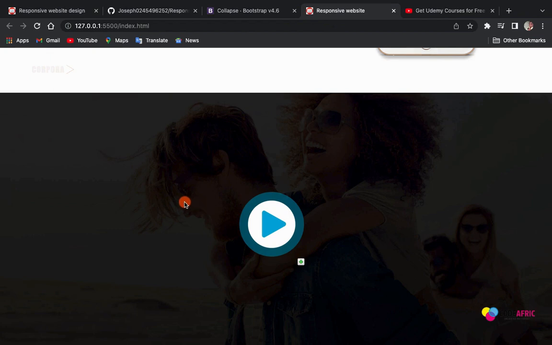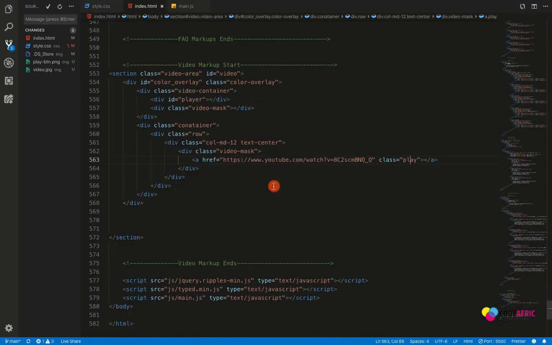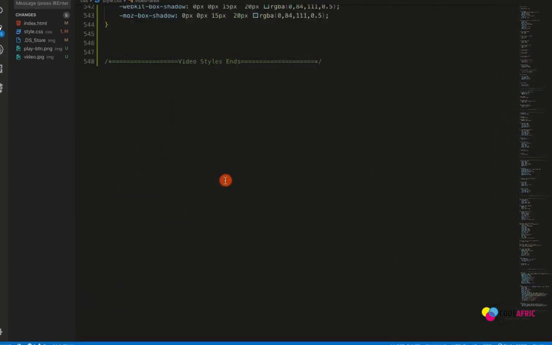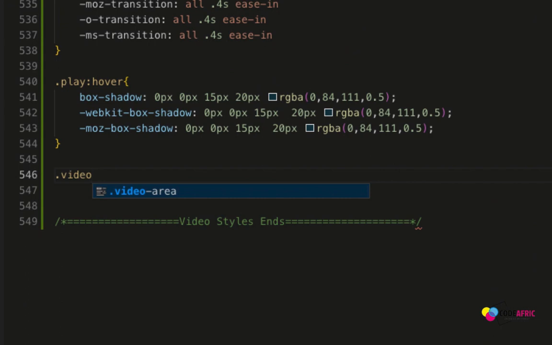Okay. All right. So now let's reference the video container class and put some padding bottom and some padding top and add more functionalities. Okay. So when it comes to our HTML, we can see that we created a class video container. Okay. So we're going to reference this class. All right. So I'll come here. I'll call for video